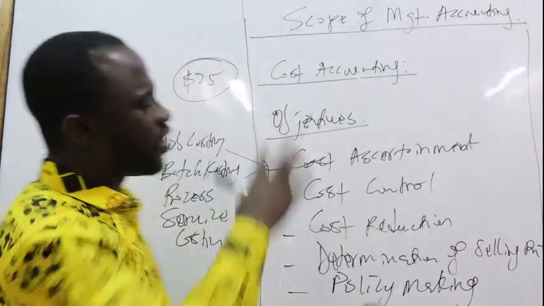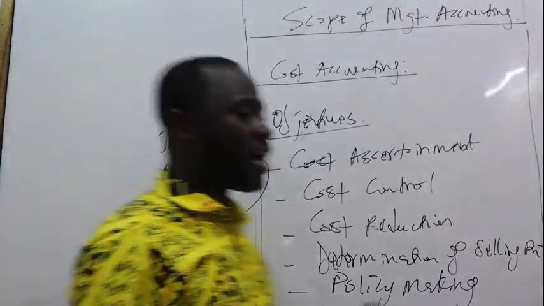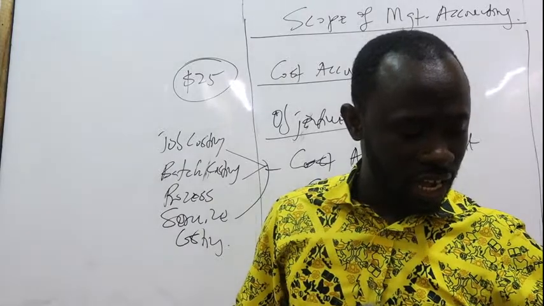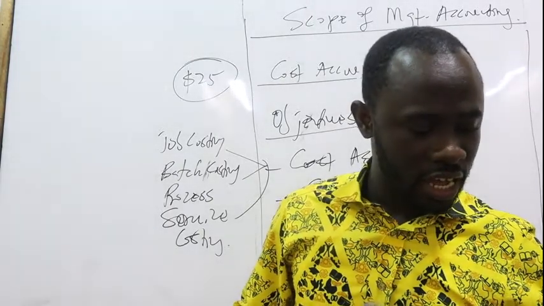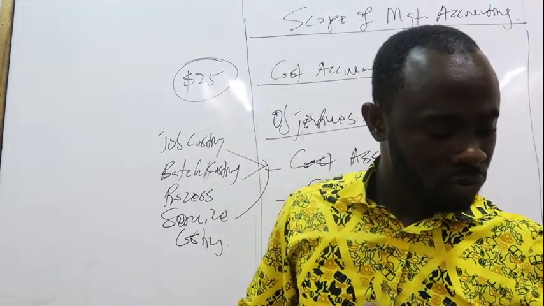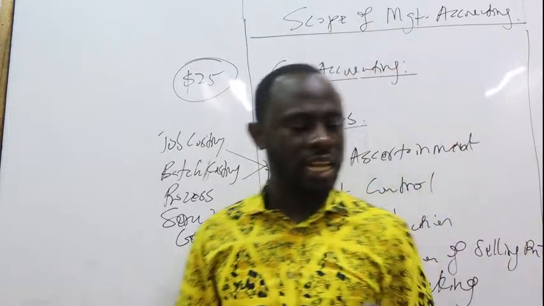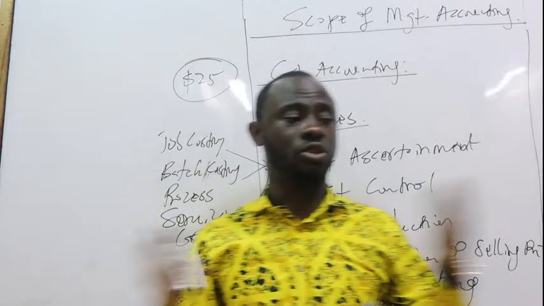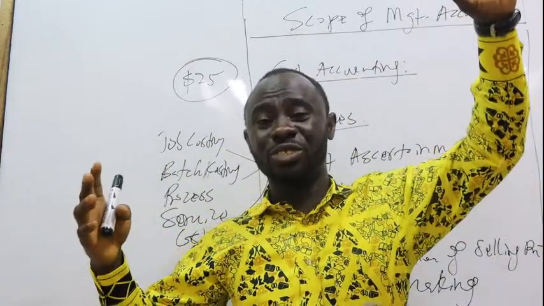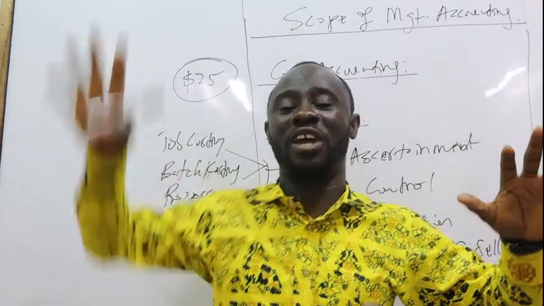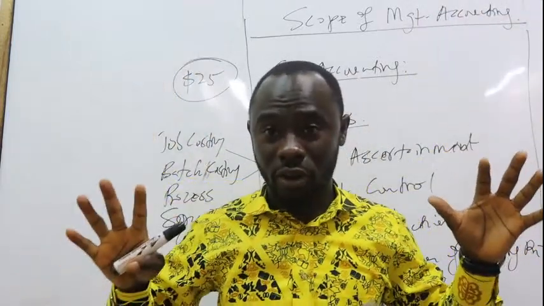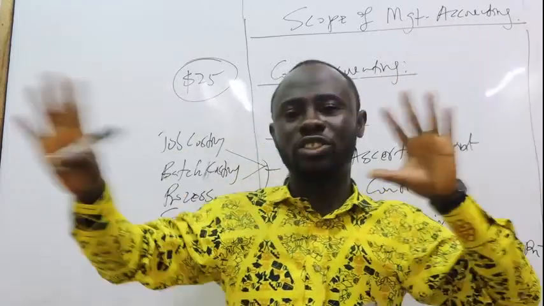Now, if these are the objectives of management accounting, there are a couple of limitations to them, though. I will not be going through that as much. But one thing is that there is no uniform procedure in cost accounting. So usually we could talk about differences between cost accounting and financial accounting, or differences between management accounting and financial reporting. Can we talk about that? So let's talk about some differences.